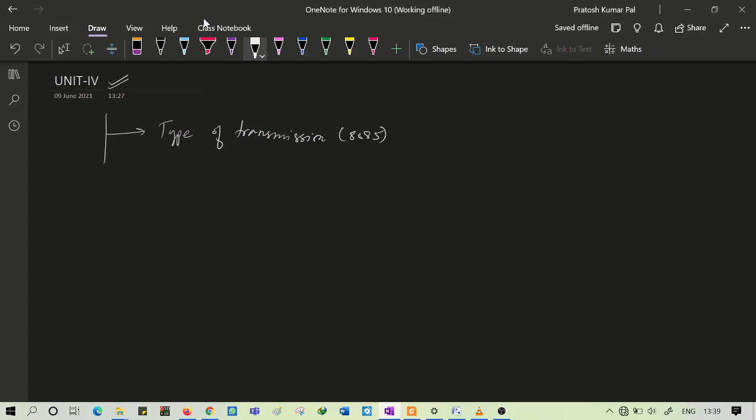So in case of 8085, what types of transmissions are there? In this we will basically go with parallel and serial transmission, or we call it data transfer.